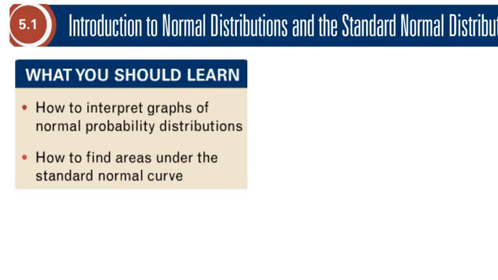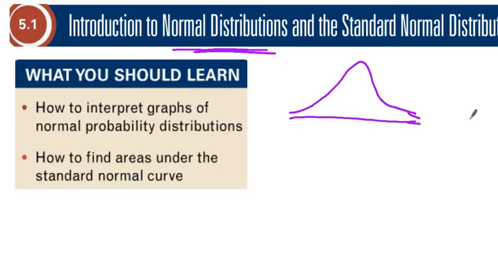Alright, so this is our introduction to Chapter 5, and Chapter 5 is all about something called a normal distribution. A better name for a normal distribution that you might be familiar with is the bell curve. We say something that is normally distributed, meaning that it looks like a bell curve when you graph it. So I'm going to show you in this section how to interpret those graphs and then how to find areas